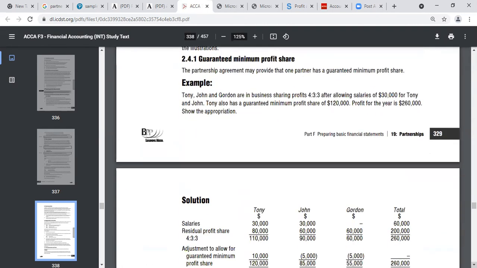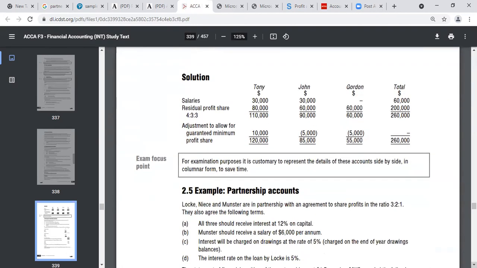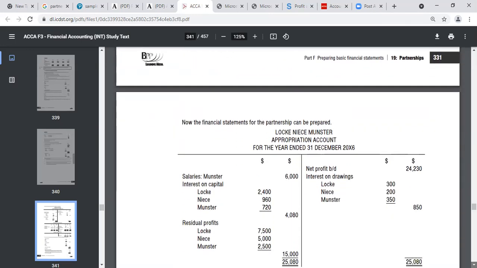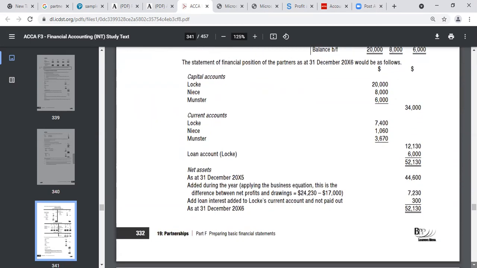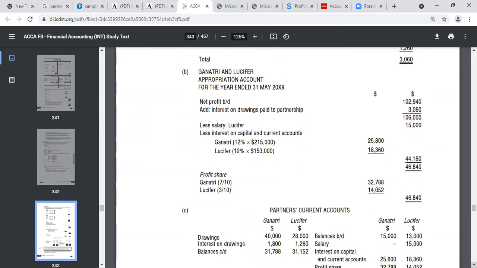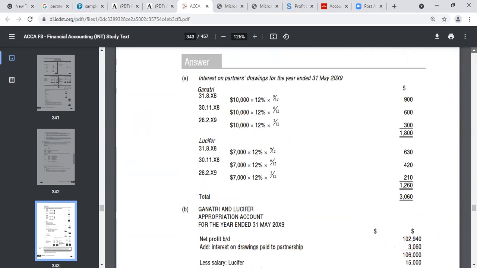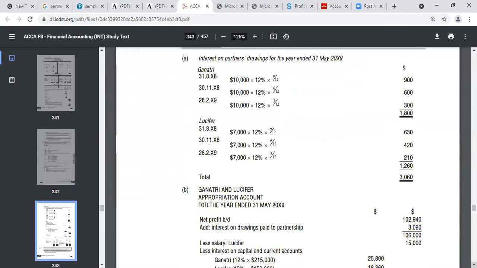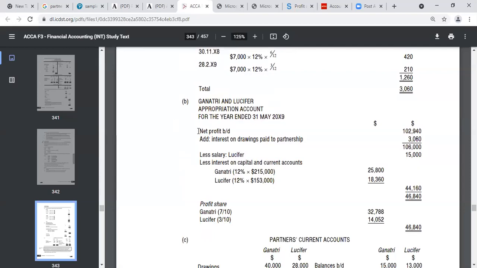Now, before I proceed, I want to show you one example here that would give us a good indication. Okay, so this is one of the examples that I want to show you right here. I don't know if this can give me the picture that I want to show you. At least I know you know how to get the net profit. So what I was trying to say up there is that ours is to